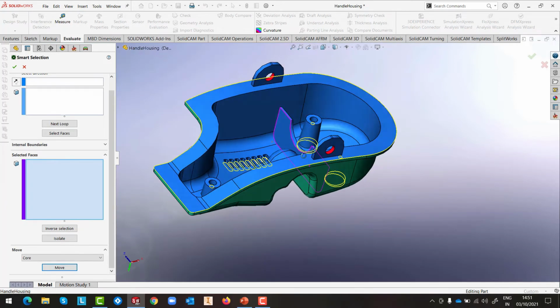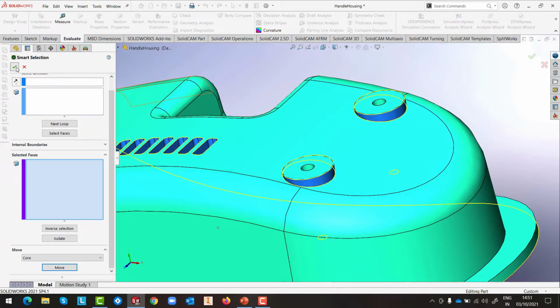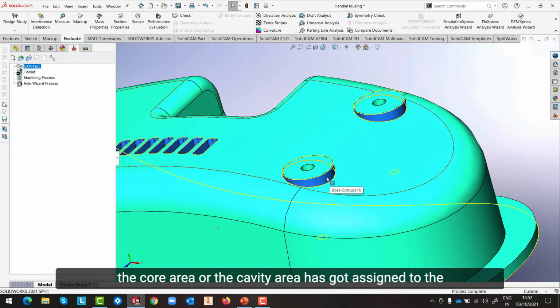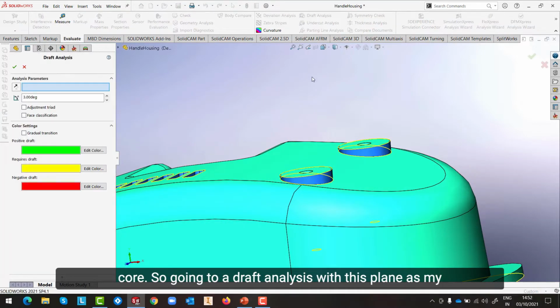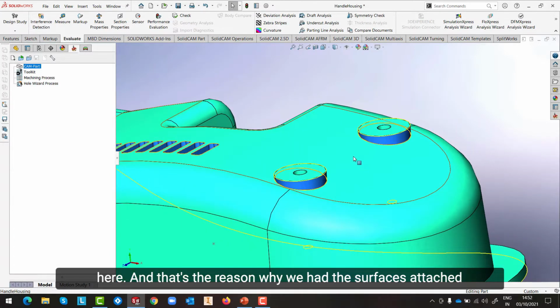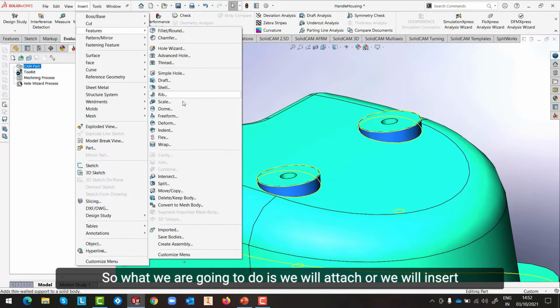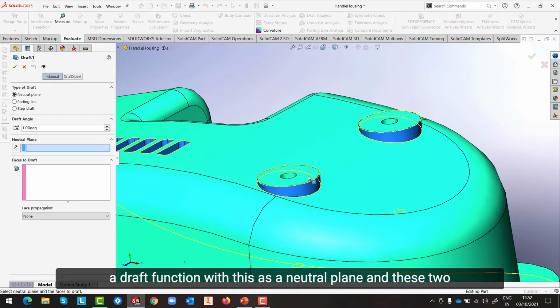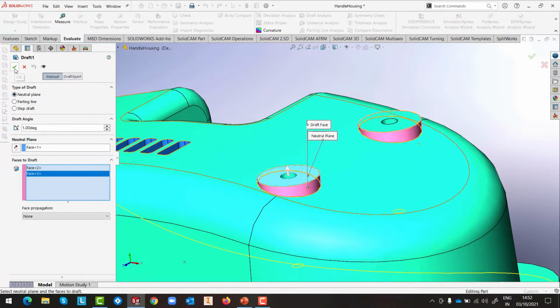Okay, that's done. Let's analyze why this particular area, which is the cavity area, has got assigned to the core. So I'm going to do a draft analysis with this plane as my reference, and you can see that we have got a negative draft here, and that's the reason why we had the surfaces attached to the core side. Right, so what we are going to do is we will insert a draft function with this as a neutral plane and these two surfaces as our surfaces for which we need the draft. And okay,